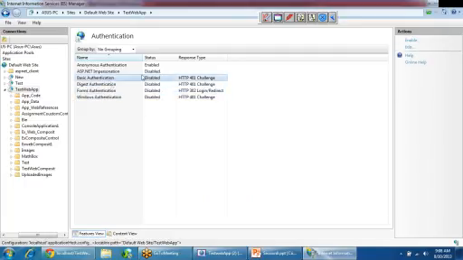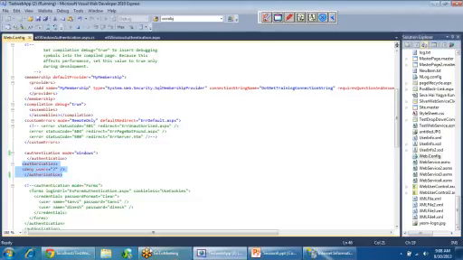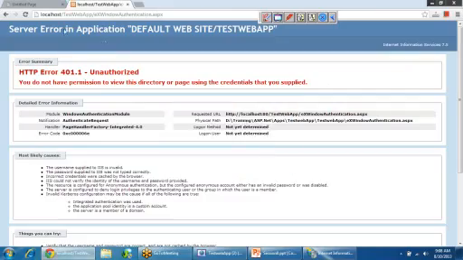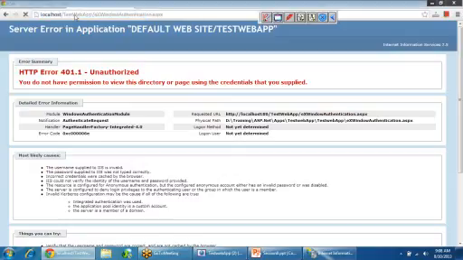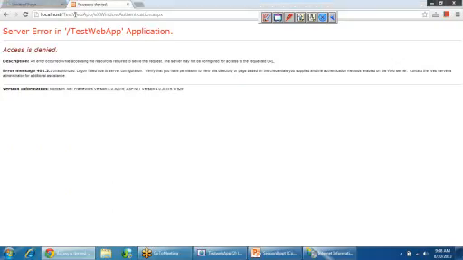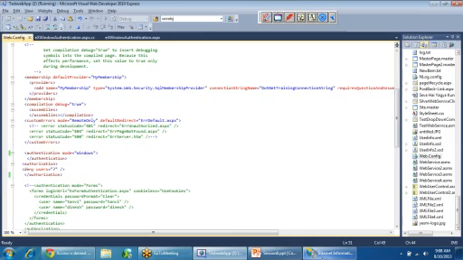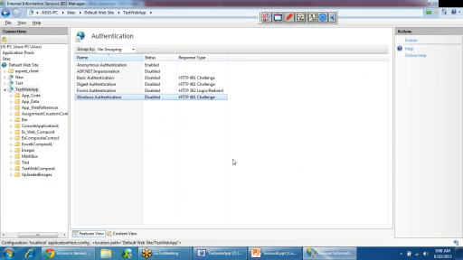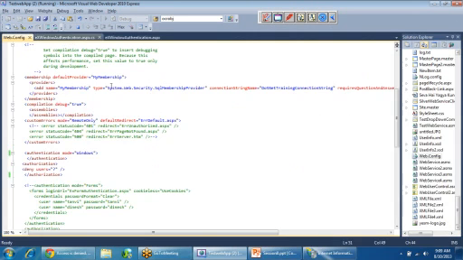Here anonymous access is just enabled so that the request will pass through IIS. Definitely it will not work, because in IIS I am disabling Windows authentication. What I wanted to show you is if your IIS is enabling the